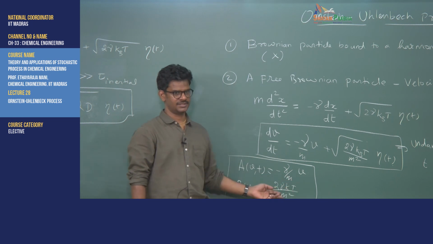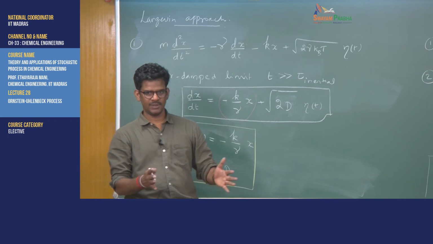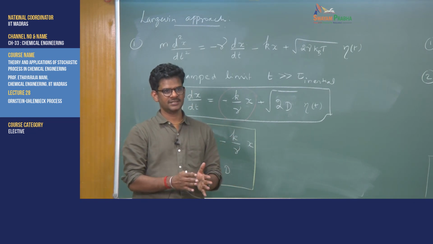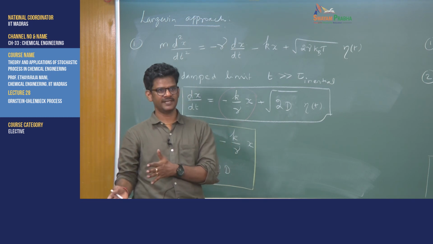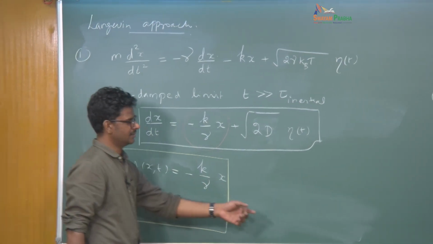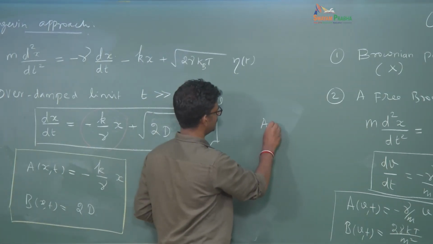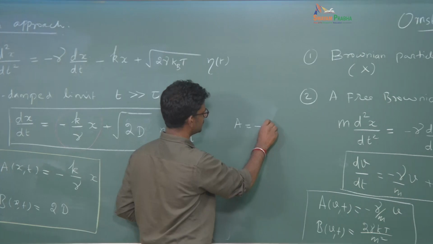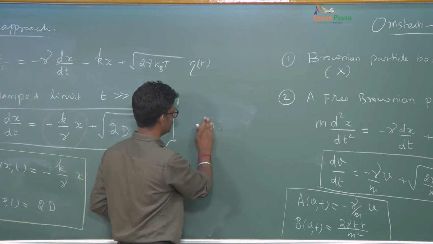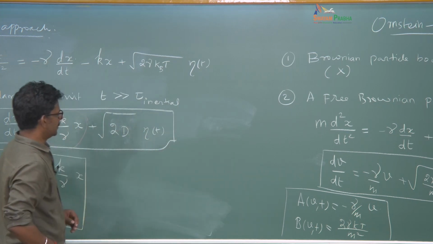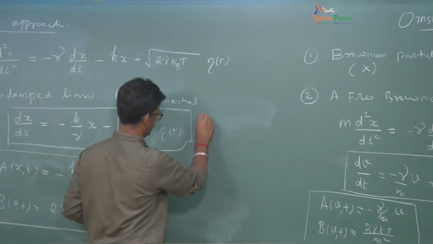This is a constant. So therefore it seems that there is a set of problems for which a is proportional to the random variable itself, in this case proportional to x, here this is proportional to v. So a is a function that can be written as minus, let us write like this, a of